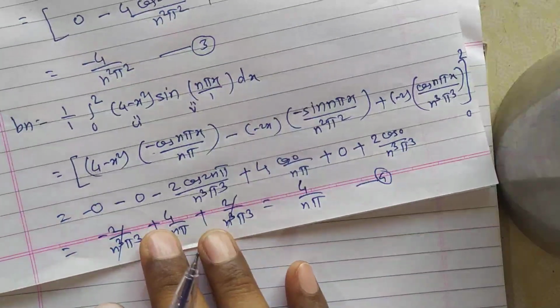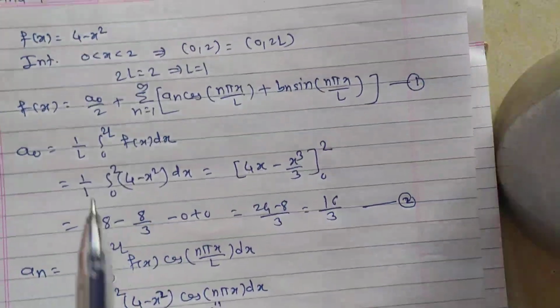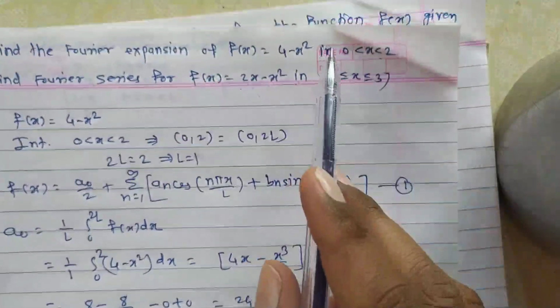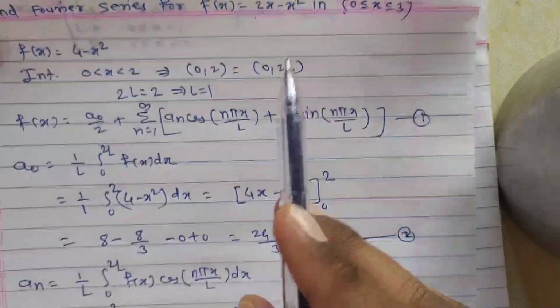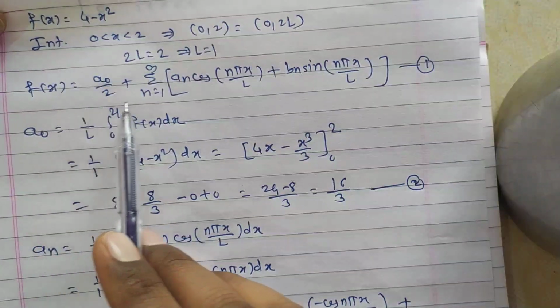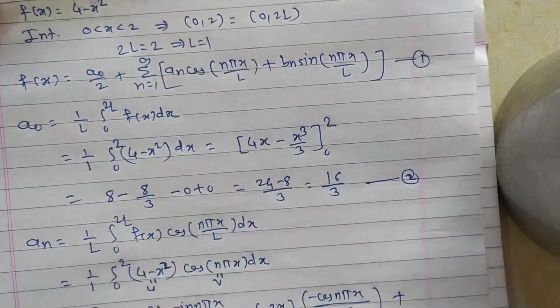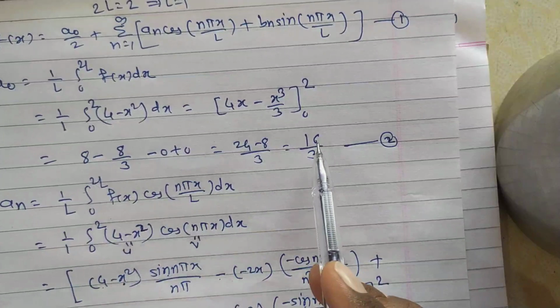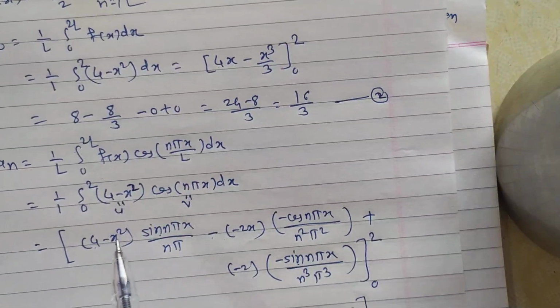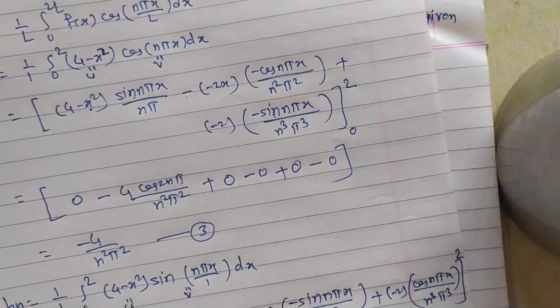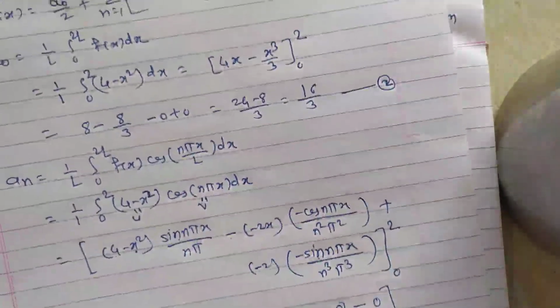Now we have to write the required Fourier series of this function f of x equal to 4 minus x square in the interval 0 less than x less than 2. So that Fourier series is f of x equal to this. In this we have to put a0, an and bn. So from equation 2, a0 is 16 by 3. Then an is from equation 3, minus 4 upon n square pi square, and bn is 4 upon n pi, put in 1. And therefore the required Fourier series of